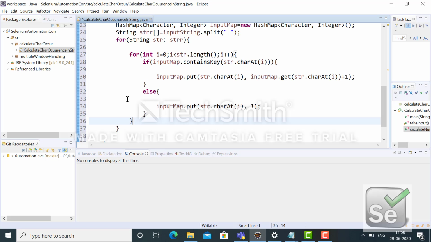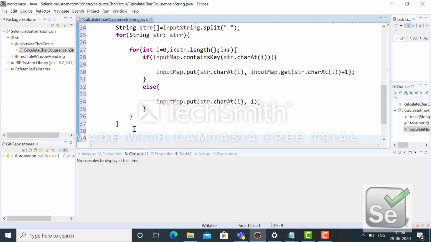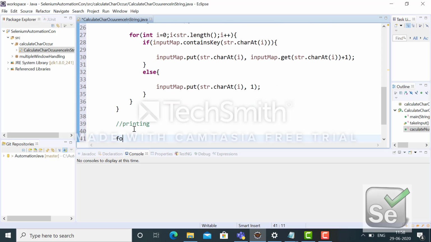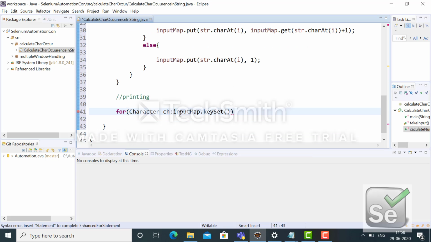Now we will print the whole hash map. In order to print, I am also using an advanced for loop. Here the key of that hash map is a character. There is a method called keySet in the hash map, which returns each and every character, so that's why I've taken a character variable.